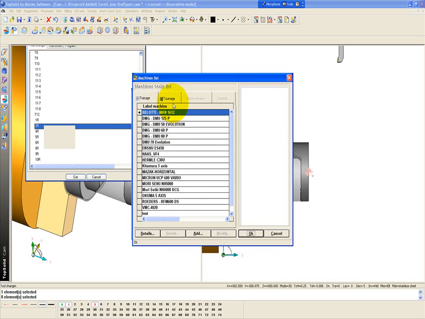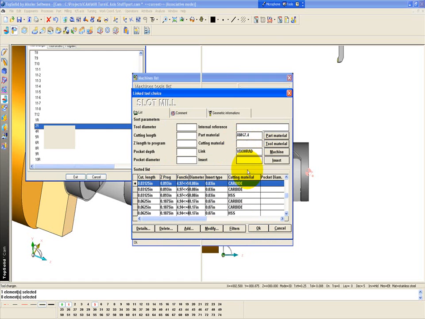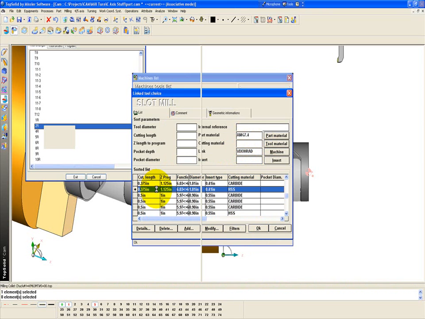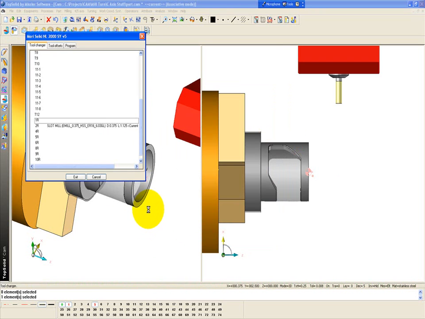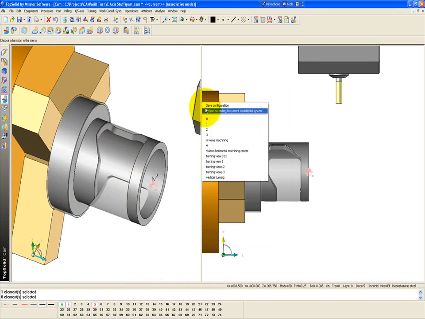If my machine filter is not coming up, I'm going to set it to be my NL2000 SY, so VDI 30 radial, and I'm going to go down and find maybe a 3/8 cutter. Okay, that works for me. I'll hit exit. Now, next what we want to do, and I'm maybe going to switch back to one view for now,